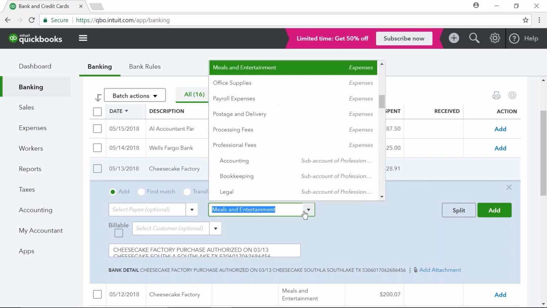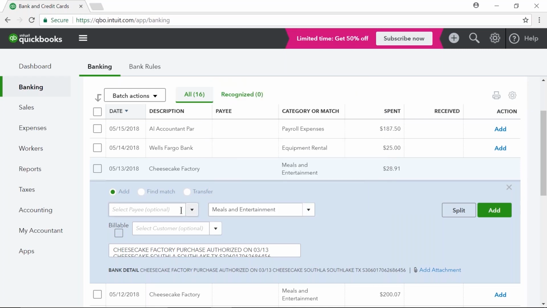But if it's something different or if QuickBooks Online didn't get it right, you can click your drop-down menu right here, and you can choose a different account from the list. So you can choose a different expense account, income account, asset account, depending upon what it is that you bought. Now, it got it right for us with meals and entertainment, so we don't have to change that. But we can still put a payee in. Like right here, if I click in the payee box, I can choose from my list of vendors